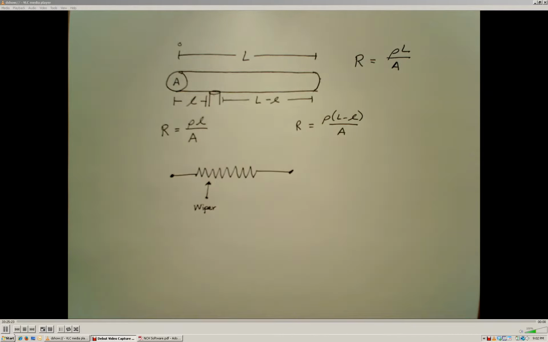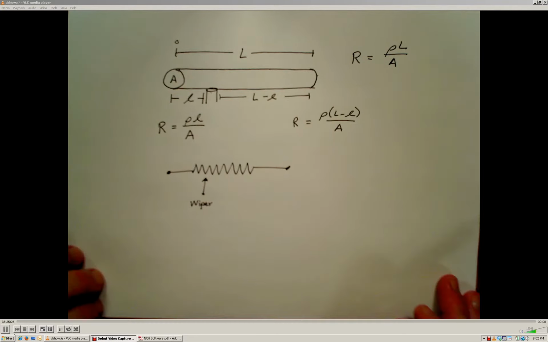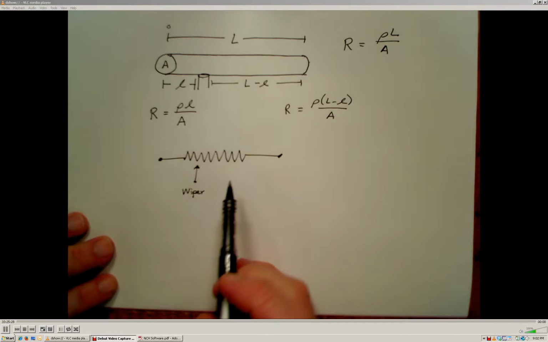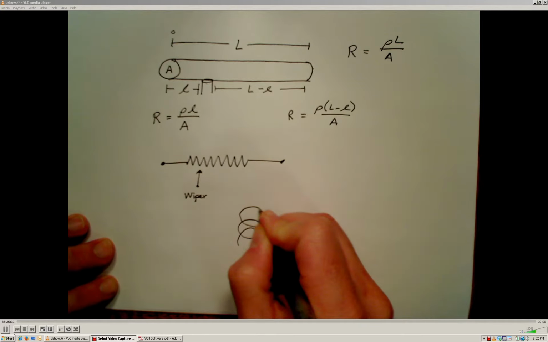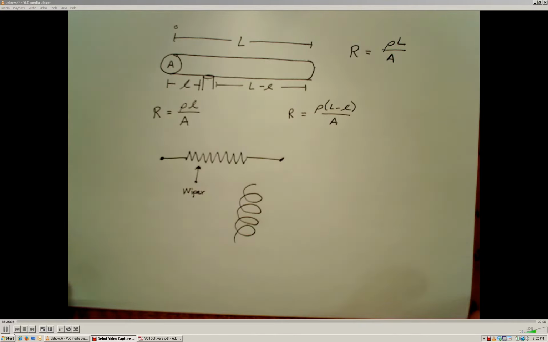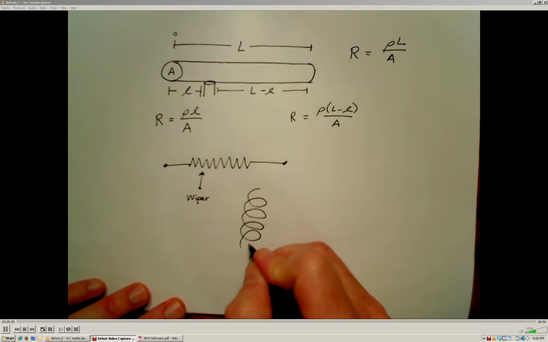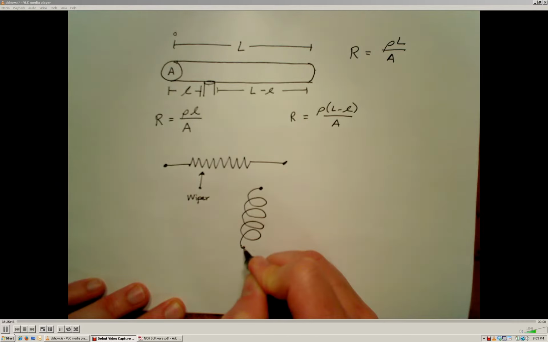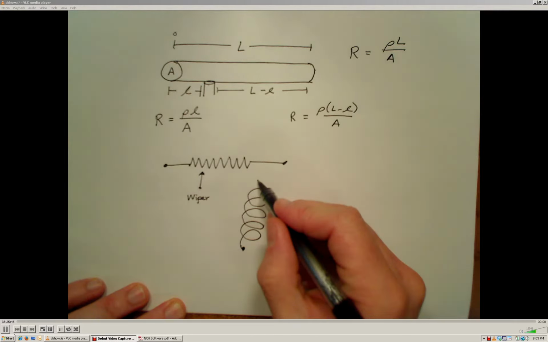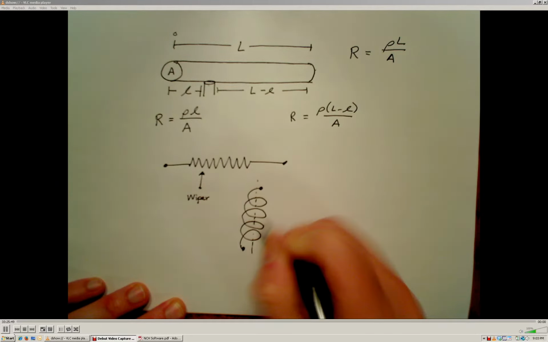Now, instead of having this long strip of wire, most potentiometers are comprised of this wire that is coiled up. Imagine me taking this wire that has some total resistance to it and coiling it around, and then through the middle of that coil,